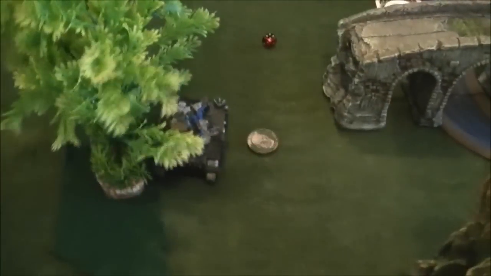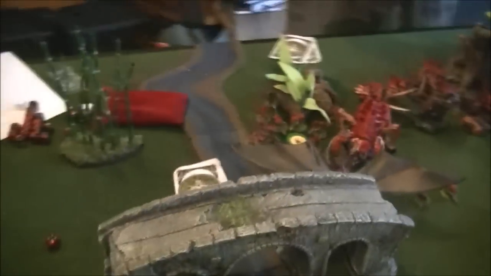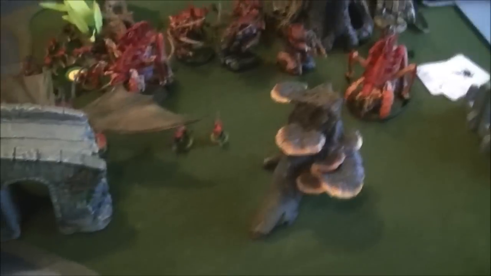The Rhino advances through the woods and took a couple snapfire shots at the Hive Guard back there, and actually a crack missile managed to wound one of them. The Contemptor came out from around cover and shot up a whole bunch. I think he killed 7 Gaunts. And then the Ironclad Dreadnought